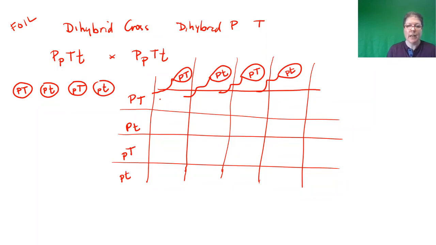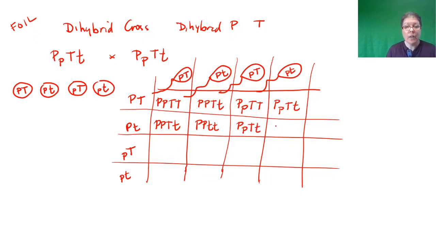All right, we're going to cross them together. Big P, big P, big T, big T, big P, big P, big T, little t, big P, little p, big T, big T, big P, little p, big T, little t, big P, big P, big T, little t, big P, little t, little t, big P, little p, big T, little t, big P, little t, little t, big P, little p, big T, big T,